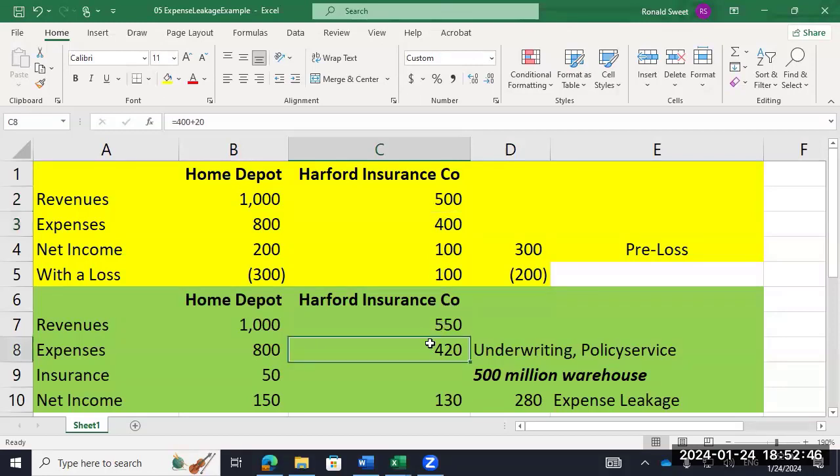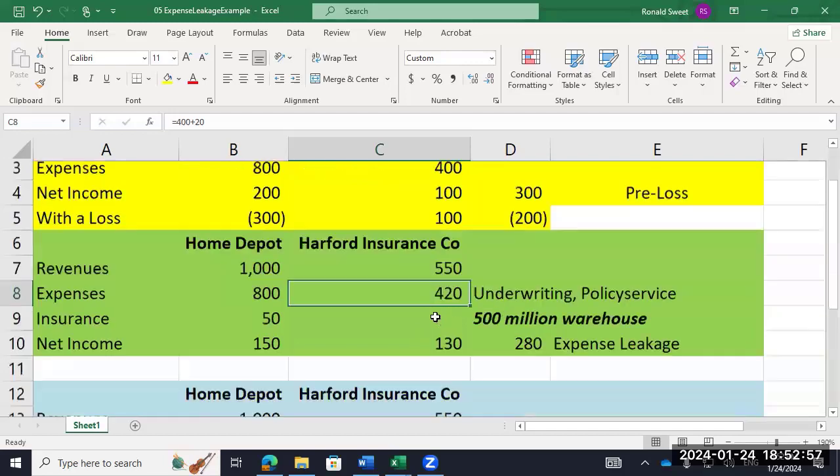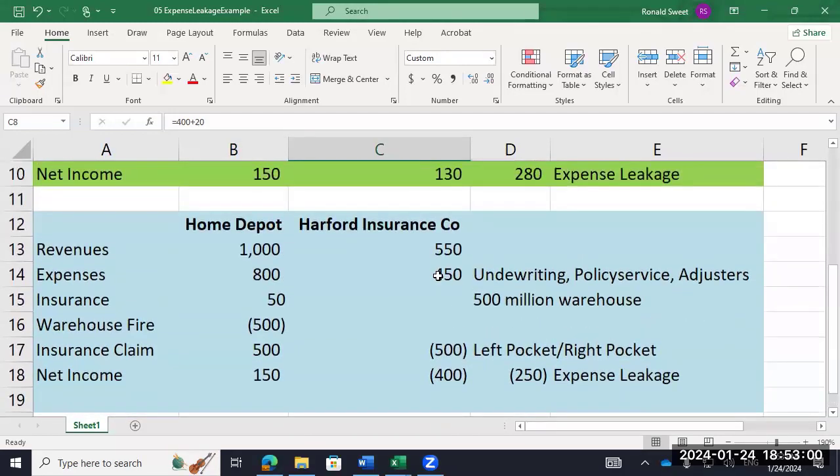But as soon as Home Depot comes, they're going to have someone assigned to that policy. They're going to have policy reps. They're going to have underwriters. There's going to be a cost. The 20 is a little exaggerated just to make the numbers work, but that's what's going on. So the key on the exam is that you explain what I mean by expense leakage. That your portfolio is a wash. The premium and the loss are a wash. It's left pocket, right pocket. What's not a wash is the fact that they're paying their employees to manage this business, a risk you've already eliminated by diversifying your portfolio. It's already gone. And yet now you're spending 50 to pay those employees.